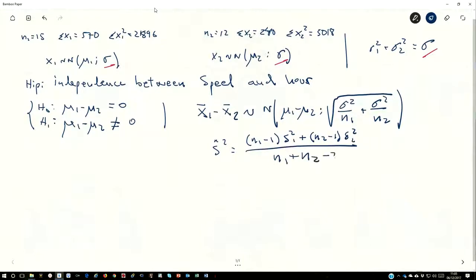But we have to solve this problem. As the samples are not big enough, the best way is to compute the weighted variance, that is computed as you can see on the slide. That is a way to weight both variances coming from both populations. This computation is equal to 18.16,